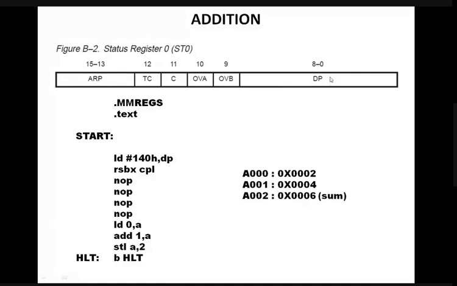So 140 in 9 bits is 101000000. If you form 16 bits by having this 9-bit as MSB and the remaining 7 zeros, you will get A000. Having this 140, that is 0001 0100 0000, 9 bits means: this 0 is 0000, this 4 is 0100, this 1 is 1. So 1010 is A, and then the remaining all zeros, with the remaining 7 zeros, it will become A000.